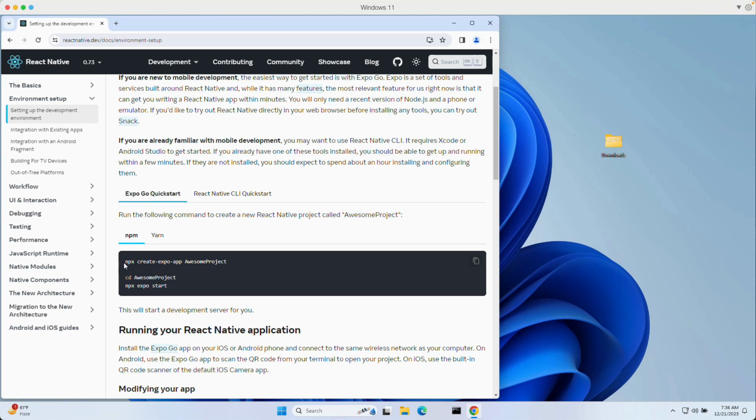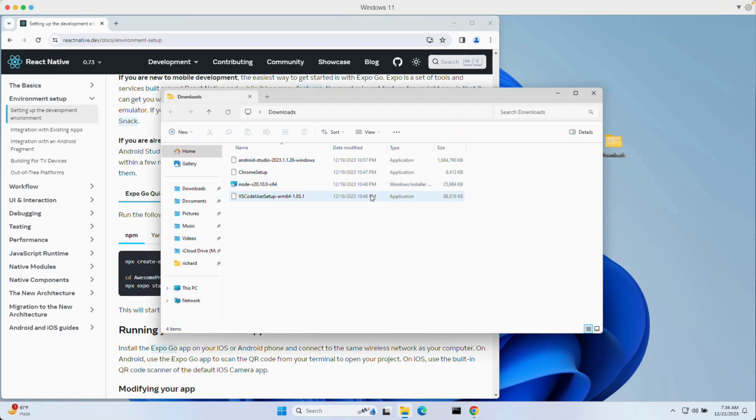Native app. There's a simple command that we can use, which is npx create-expo-app and then the project name. Before we get started, we have to download and install a few pieces of software, one of which is Node. So if you go over here,